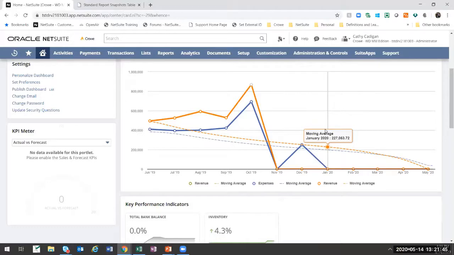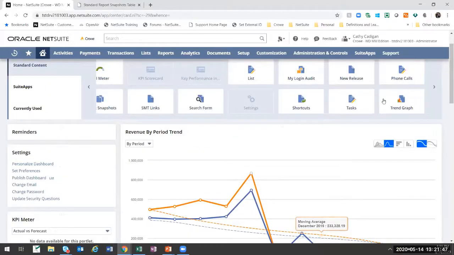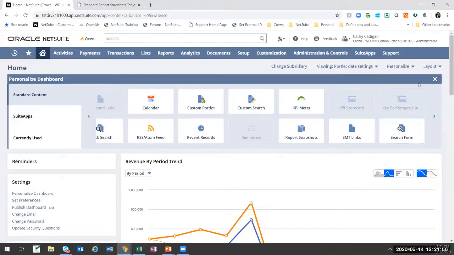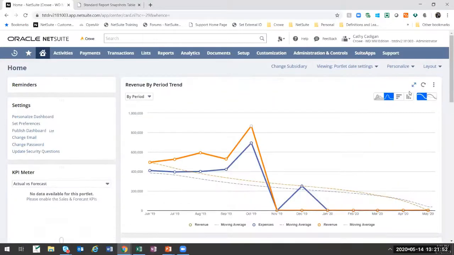or KPIs. These KPIs are based on standard KPIs. You can also add custom KPIs. We're not necessarily going to cover KPI creation in this webinar, but that's something that we'll cover later. But just to show you where the KPIs are